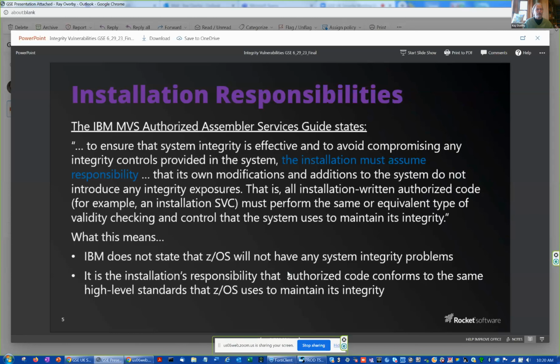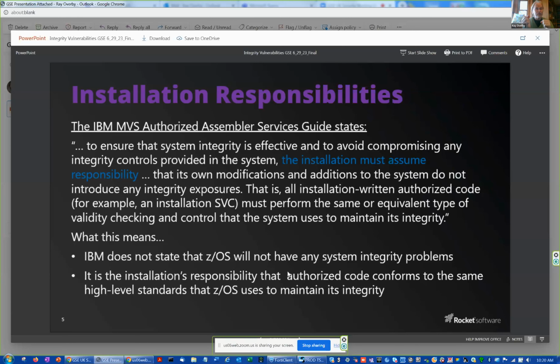This responsibility, people didn't really realize that it's what they need to do. They need to take steps to make sure that their mainframes have integrity. And the combination of the statement of integrity and the installation responsibilities, right? That doesn't mean that there aren't mainframe vulnerabilities, because there are. They're certainly not as numerous as maybe some of the other platforms. But it's your responsibility to make sure that when you